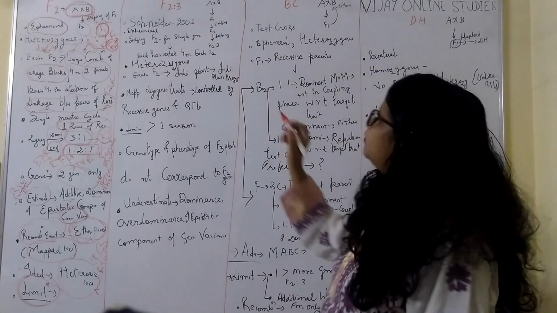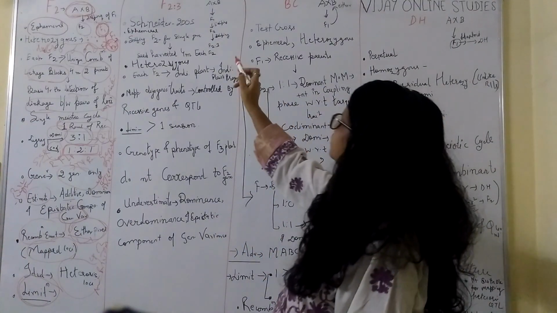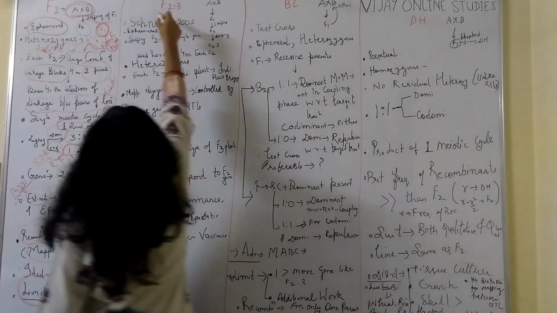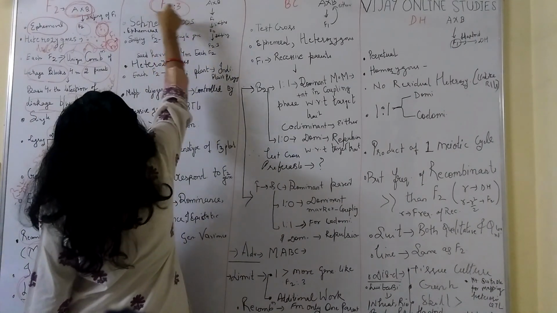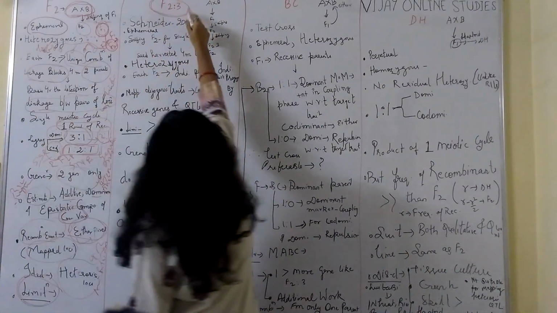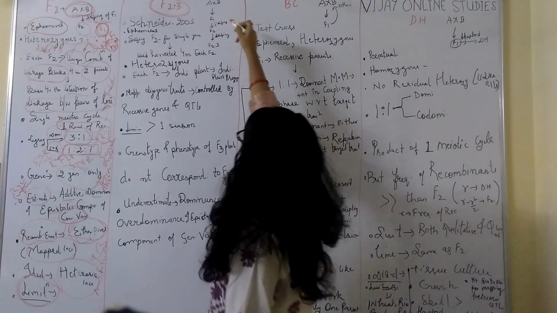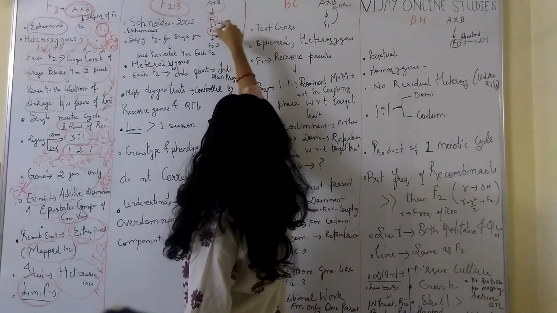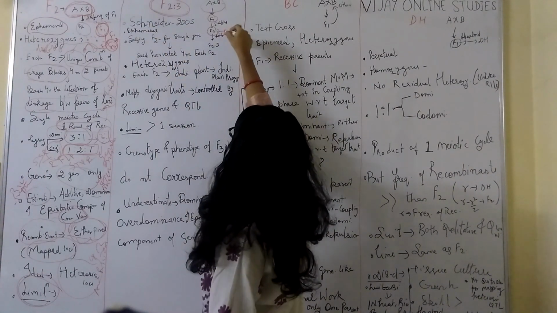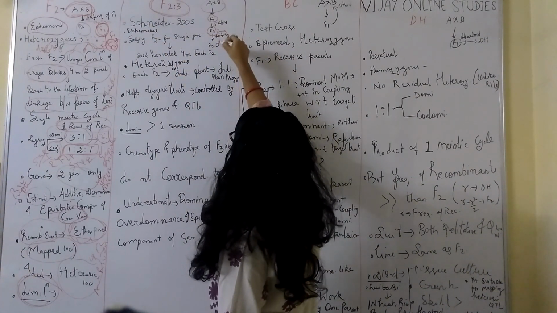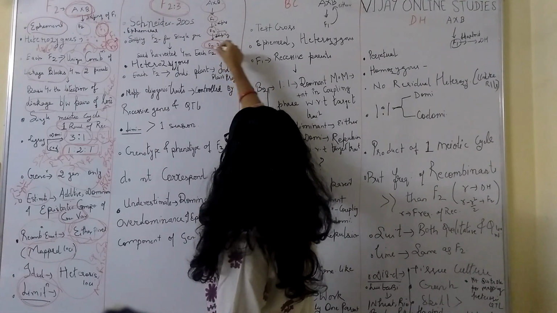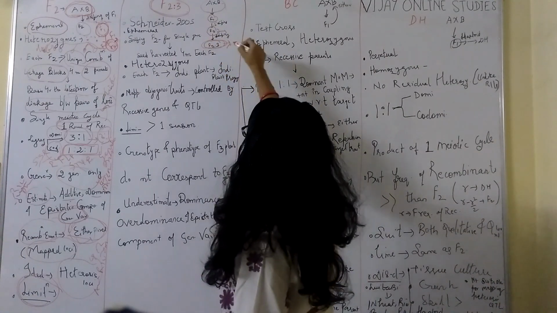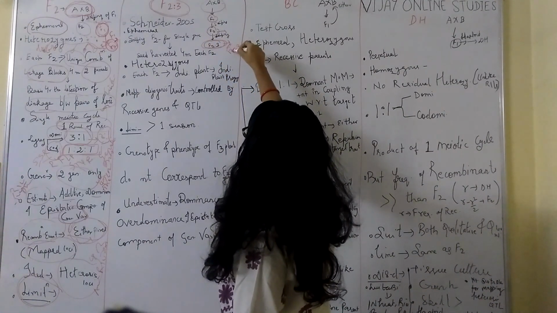Now the next mapping population is F2 derived, F2:3, that is F2 derived population. This F2 derived population, how do you get it? You cross your parents, you get F1. You self it, you get F2. This is the F2 mapping population. Now you self it again. Then by selfing of F2 progeny, you get F2 derived F3. That is the F2:3 population.